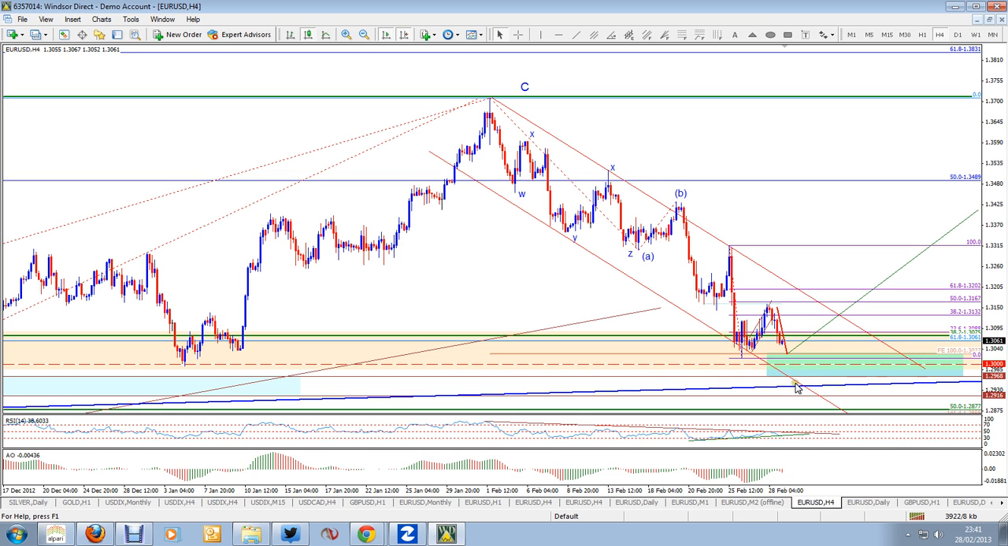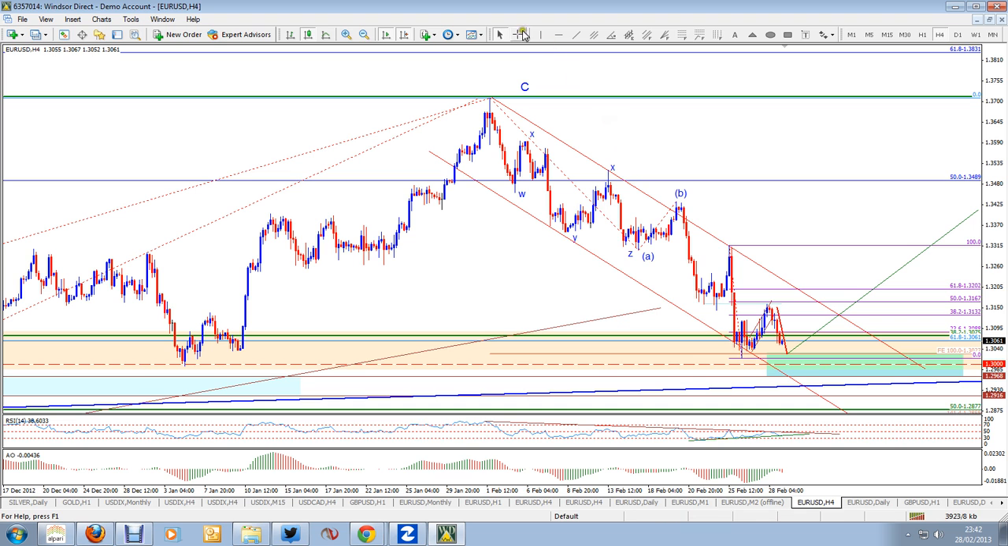We might spike into that, we might never even get to that, but the dotted line is where we had the February, March and April of 2012 support area. We're going to come into that area. That would be around 130 or just fractionally below 130. Okay, now the other thing